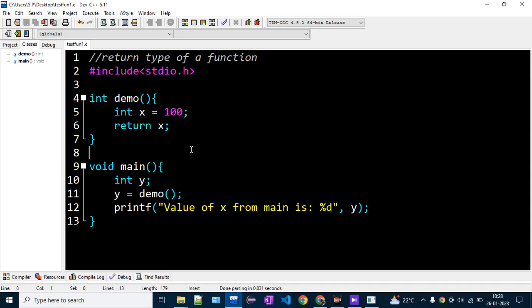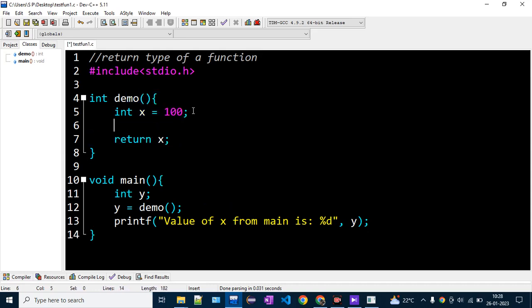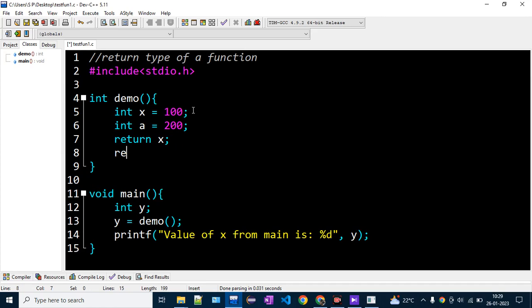But remember that a function may contain any number of variables, but right now you can return only one value. Either you can return x, or you can return a, or you can return x plus a, but you cannot return x and a separately. Okay, remember that. And you cannot even write like this also. There should be only one return statement